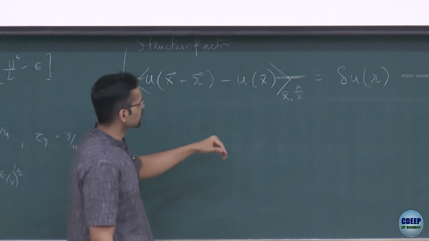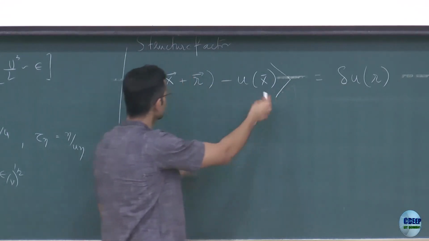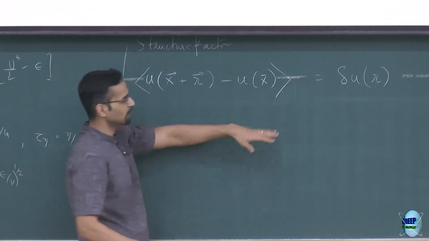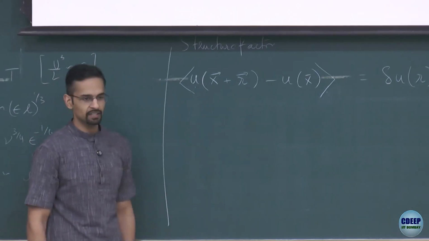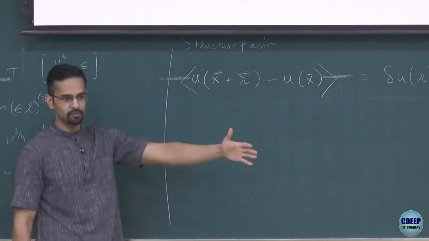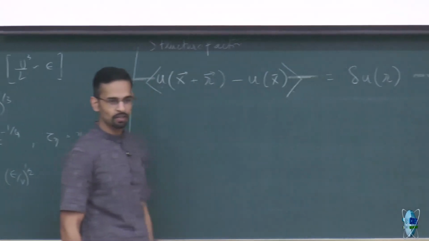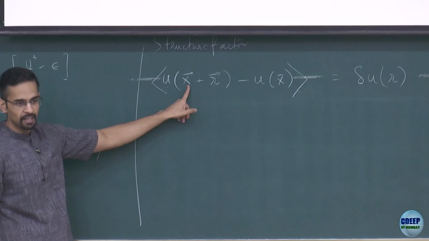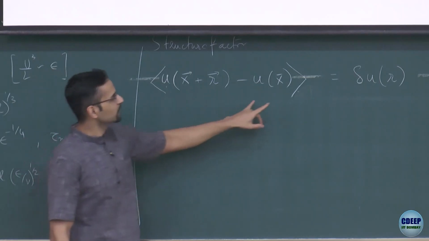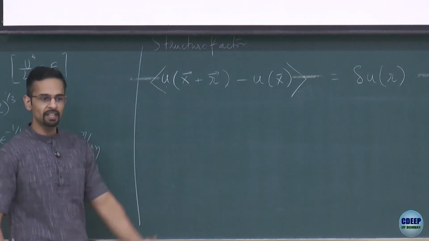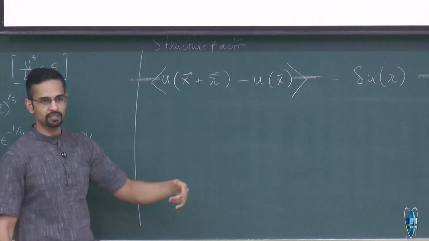Because it's homogeneous and isotropic, I will get this to be only a function of r. You can just interpret it as an ensemble average. That means I have a field, then many realizations of the field. I take any point, any vector r, and I do the ensemble average over many different fields. This will end up being only a function of the magnitude r. Why? Because the flow is homogeneous, that means statistics don't depend on position, and isotropic, that means statistics should not depend on direction. So instead of doing an ensemble and getting different realizations, in a given snapshot of the flow field, you simply do this calculation and average over x and over orientations, and you will get the same object.